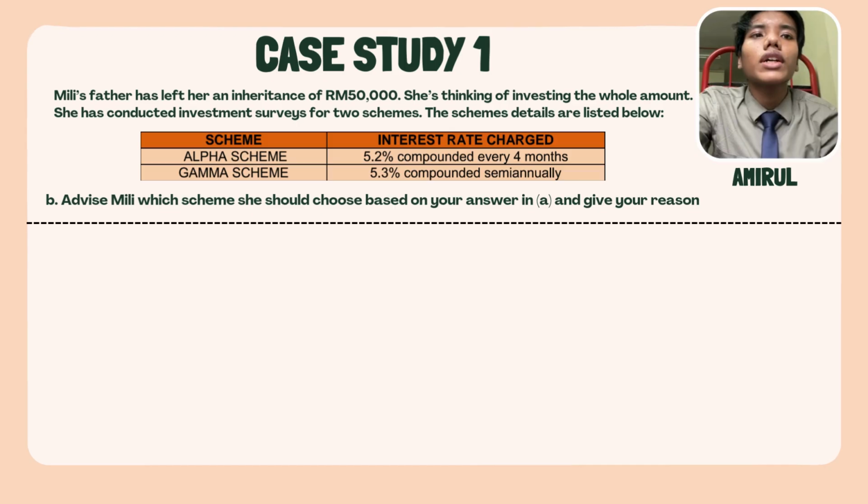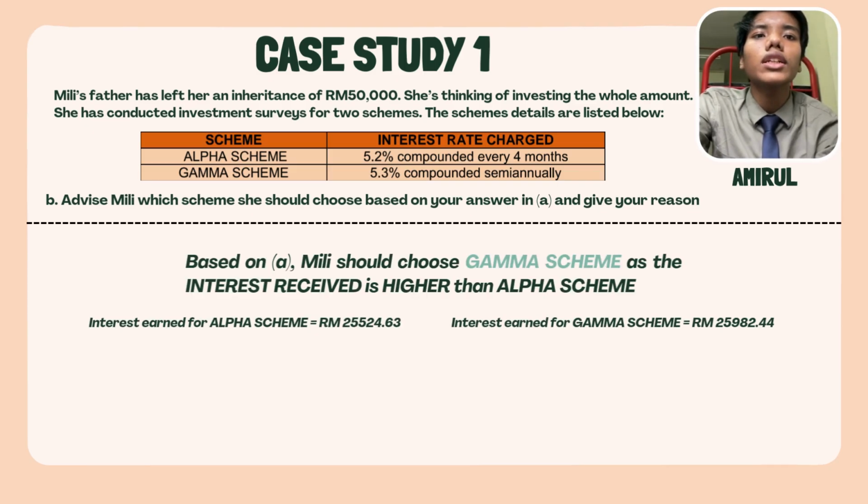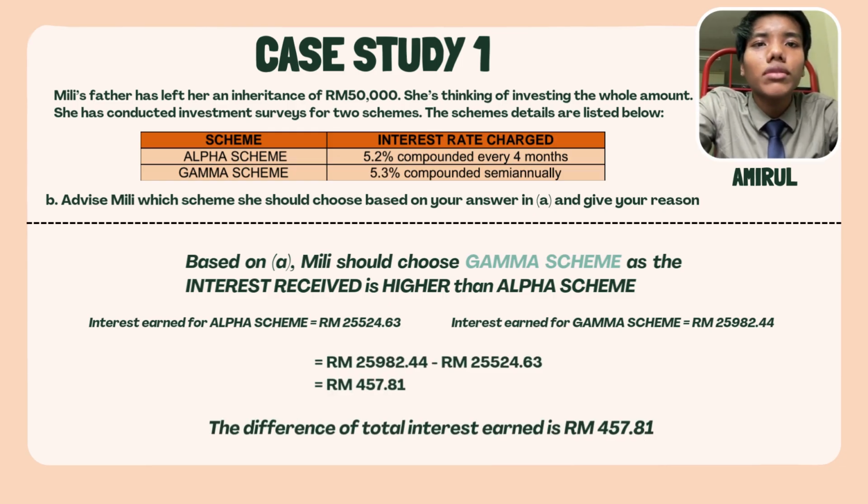So the question asks for us to advise Millie which scheme she should choose based on our answer in A. So our point of view is Millie should choose gamma scheme because the interest received is higher than alpha scheme, which is the difference of total interest earned by RM